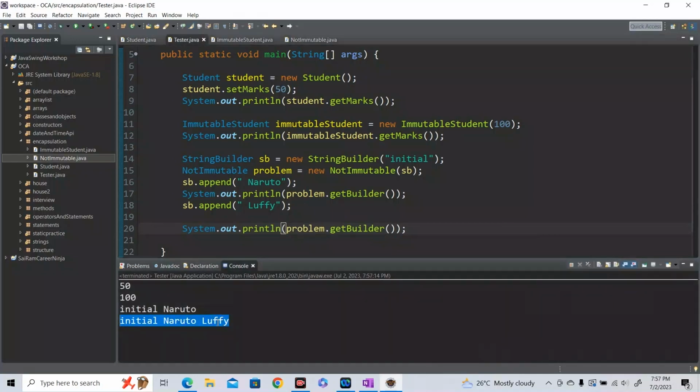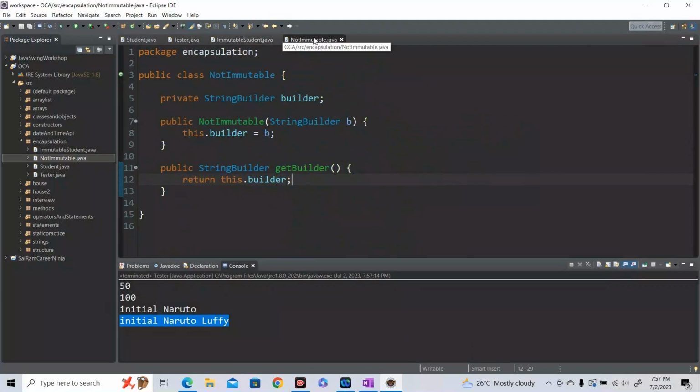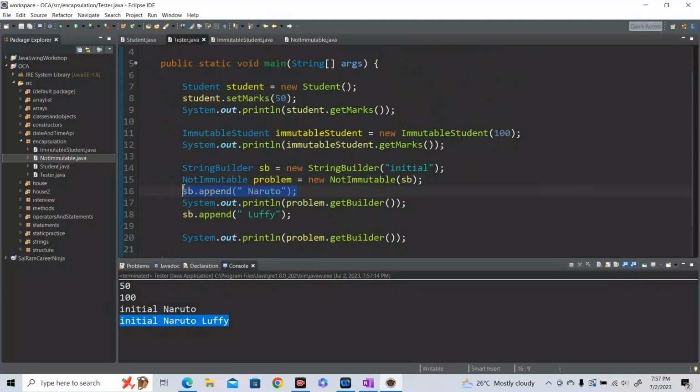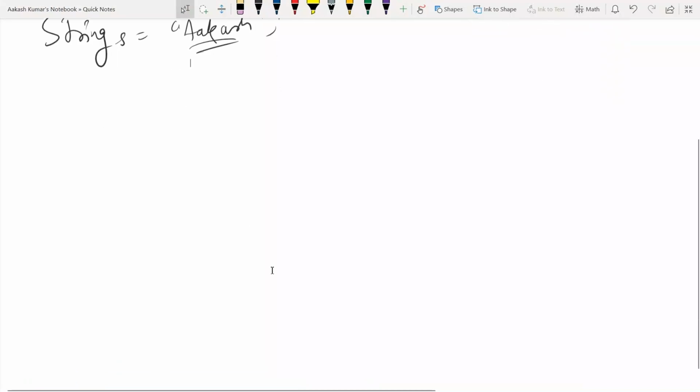So this is not an immutable situation, right? Because we are creating a string builder, we are passing it into this immutable class. It's supposed to create an immutable object, but when we try to append this we are actually modifying the same string builder object. So what is happening over here? Let me just explain. So this not immutable class,